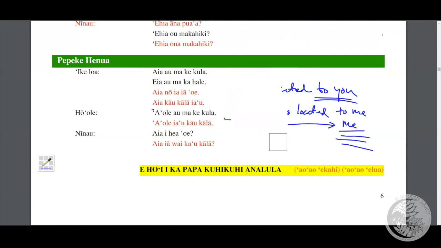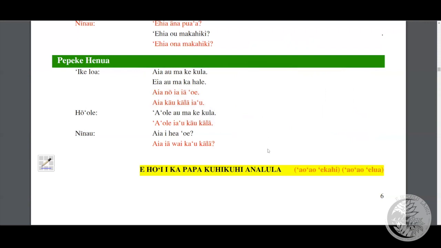Now, to negate a Pepeke Henua, it's pretty simple also. All you notice, really simply, is that instead of aia, you replace aia with the word ʻaʻole. And it's pretty much that simple. So if I were to say a sentence like,